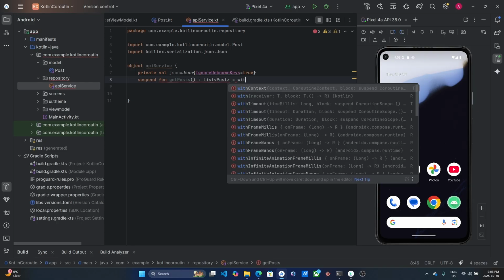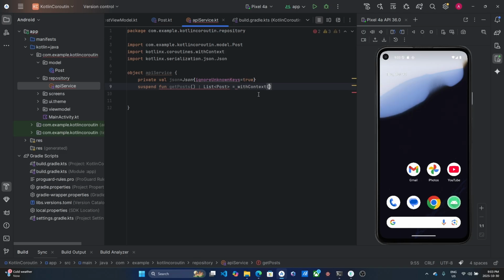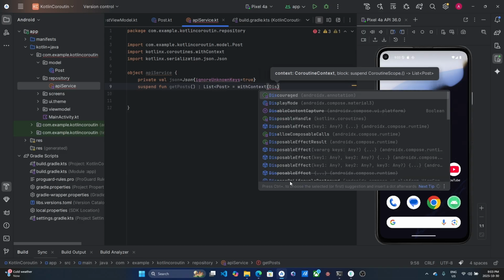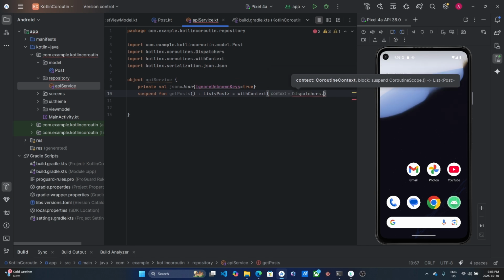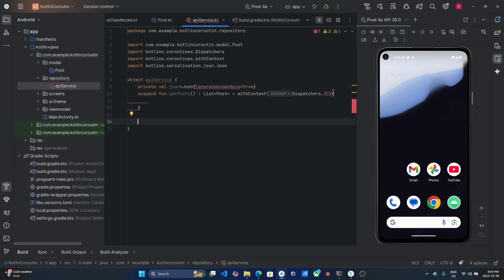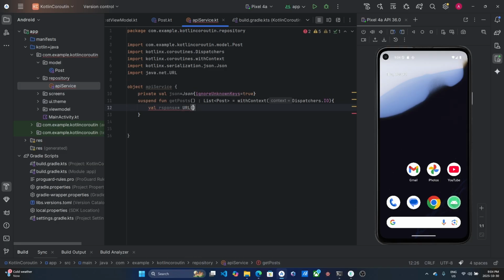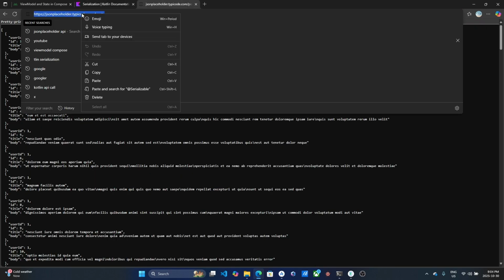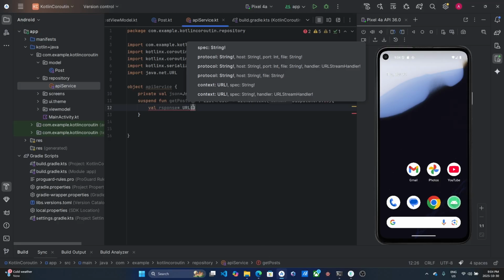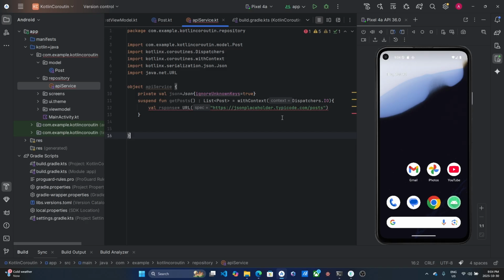which equal to this context, and the context will be dispatchers dot io for network operation. And inside this, we can say val response equal to URL, and the URL will be, copy this, the URL, read text,